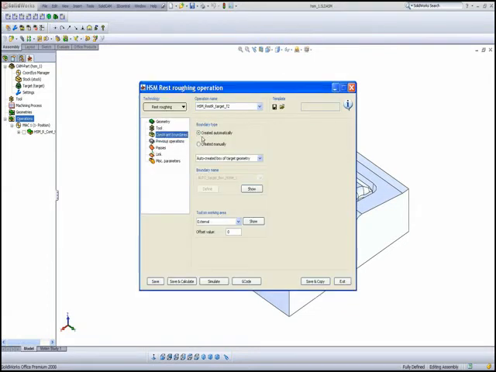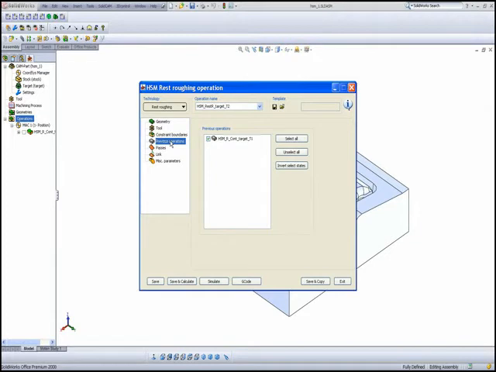Constraint boundaries will be the same as before. This time I will go only to middle. Now we have a field here called previous operations. In previous operations, it lists all the previous HSM operations that we've done, so that the rest roughing would know where to do the rest roughing according to which HSM operation. In our case, we only have one HSM operation, so that's the only one that we'll see in this particular